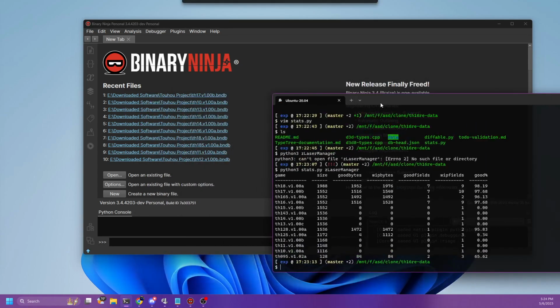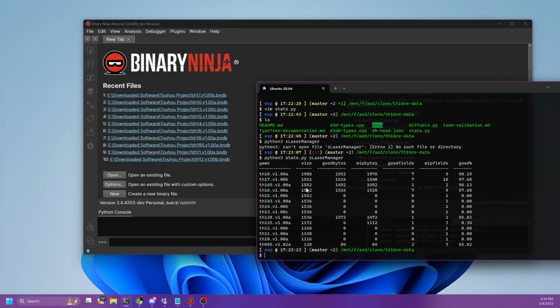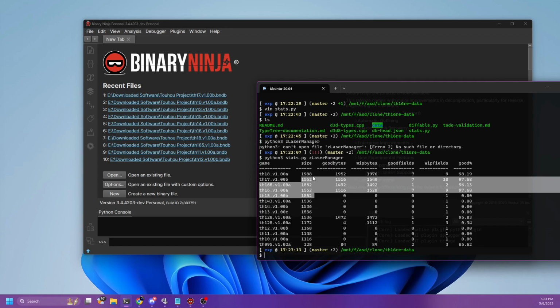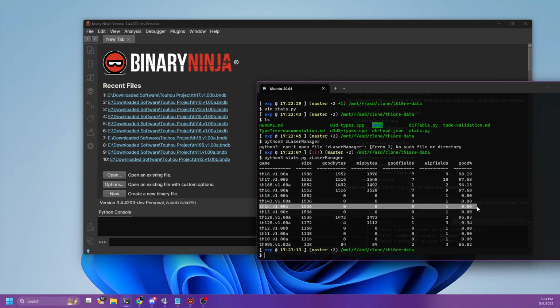So let's open up one of these games. Let's take Touhou 16 because it's closest to Touhou 15. Oh no, actually, this has the same size in all of these, and I would like an example where the offsets are likely different. So let's say we want to find the offsets in Touhou 14, given that we know where everything is in Touhou 17. So I'm going to open up Touhou 17,